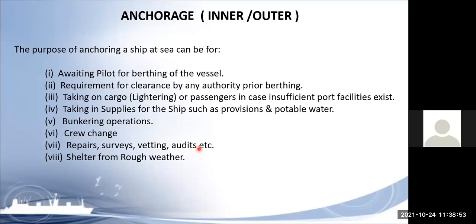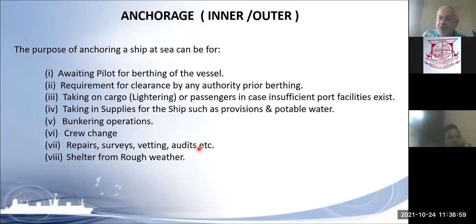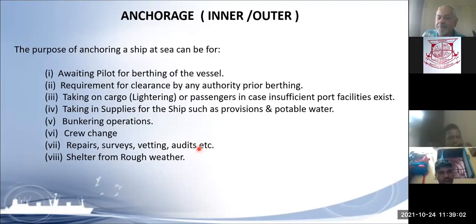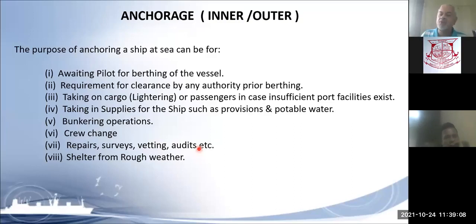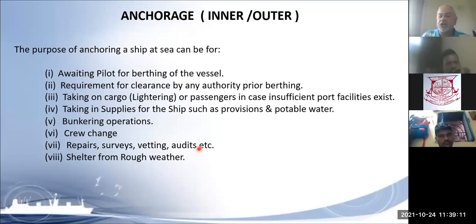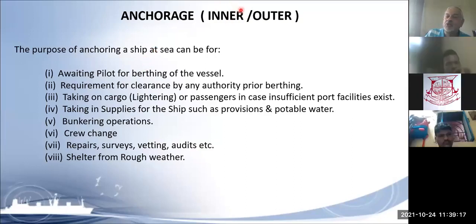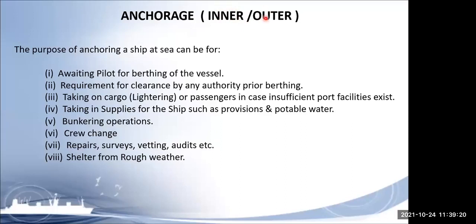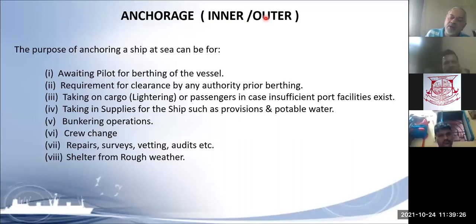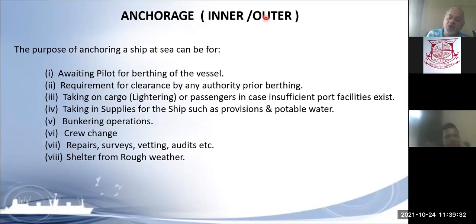So the designated anchorage area on the water will be marked on the chart, and ships will be directed by VTMS to anchor there. The ship will use its anchor, and once the ship anchors there, the time is recorded and notice of readiness can be tendered if it is in the charter party. So why do ships anchor outside or inside the port? Some ports may have inner anchorage and outer anchorage. Mumbai has inner and outer anchorage. Close in front of the Gateway of India, the ships you see are inner anchorage ships, and maybe 30-40 miles outside the port, those are outer anchorage ships waiting for various purposes.